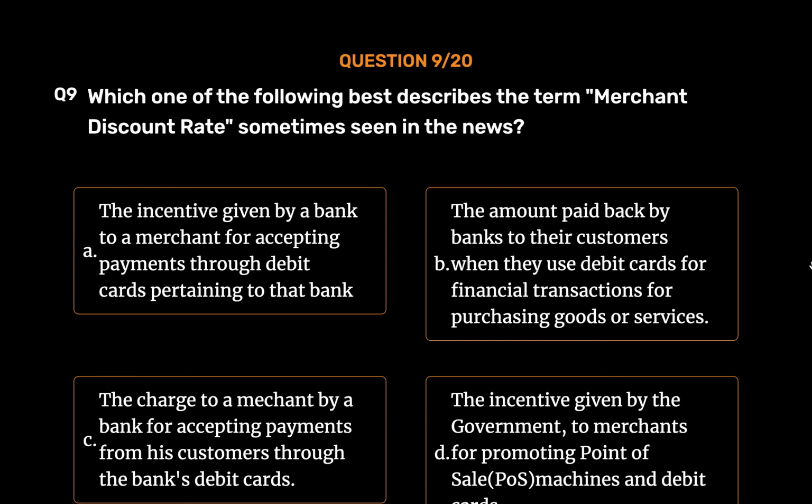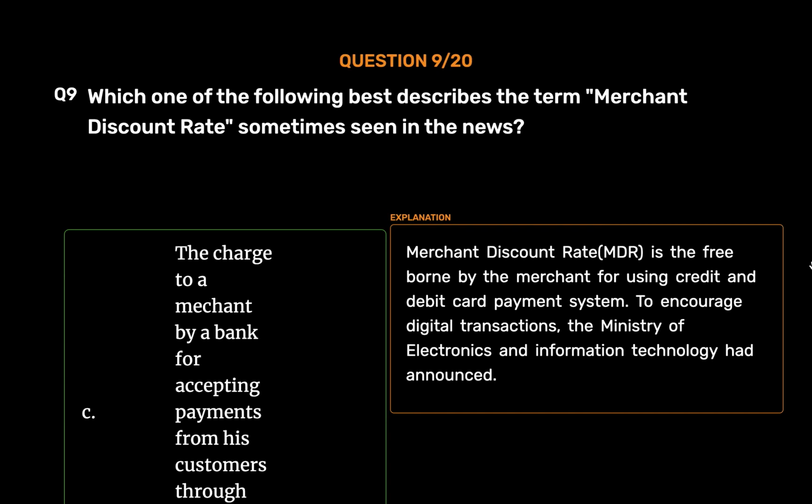The correct answer is option C: the charge to a merchant by a bank for accepting payments from his customers through the bank's debit cards. Merchant discount rate (MDR) is the fee borne by the merchant for using credit and debit card payment systems. To encourage digital transactions, the Ministry of Electronics and Information Technology had announced